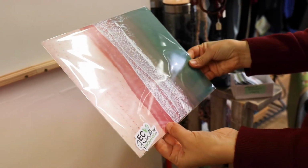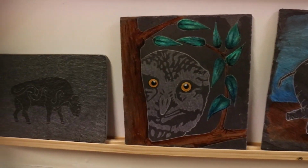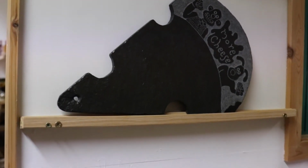Both only use packaging which can be recycled or is biodegradable, compostable or plantable. Another art media that's on offer at Longer Table is a mixture of engravings and colour work on reclaimed slate. The creations again are really diverse and really unique, and they've actually also created some engraved cheese or serving boards. All of these would make fantastic gifts, and because they're so unique, there's definitely no chance of giving the same